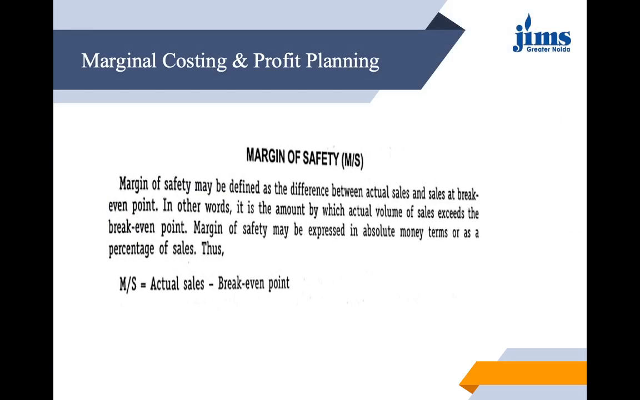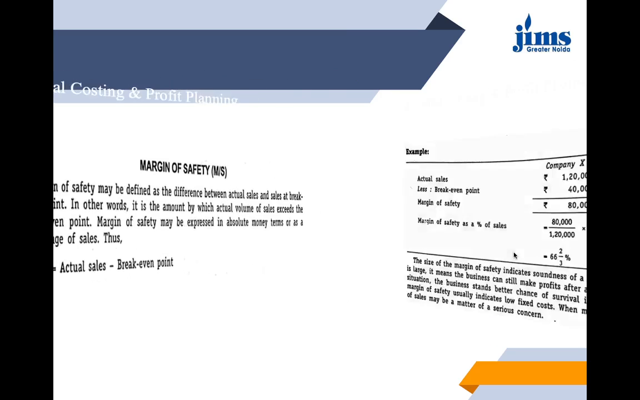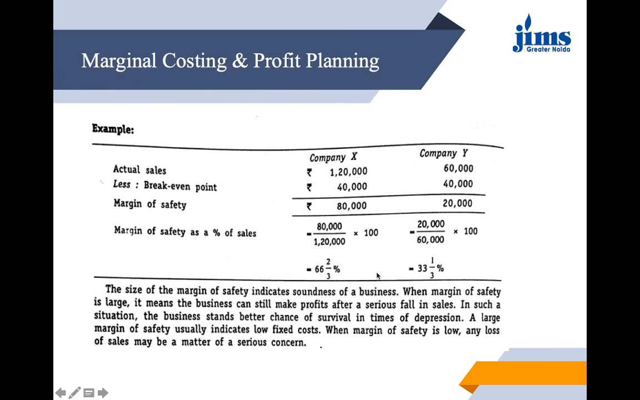It is defined as the difference between actual sales and sales at break-even point. In other words, you can say that it is the amount by which the actual volume of sales exceeds the break-even point. So margin of safety can be expressed in absolute money terms or even as a percentage. For that we do have the formula: actual sales minus the break-even point. Let us see this example